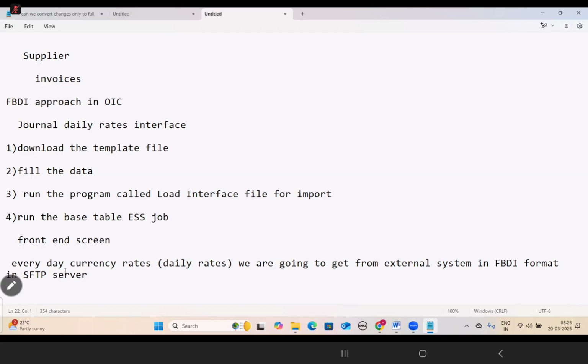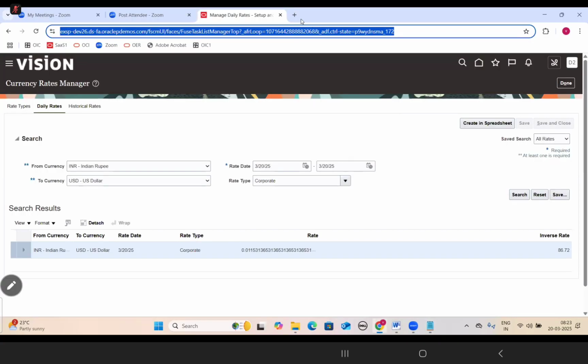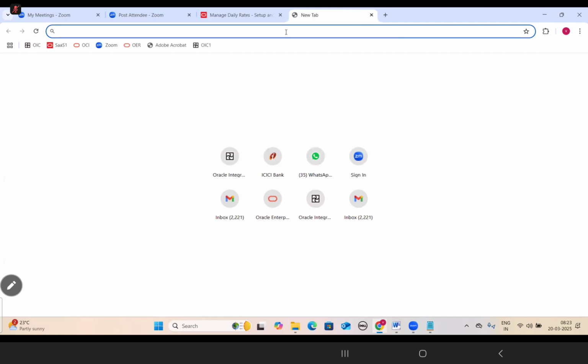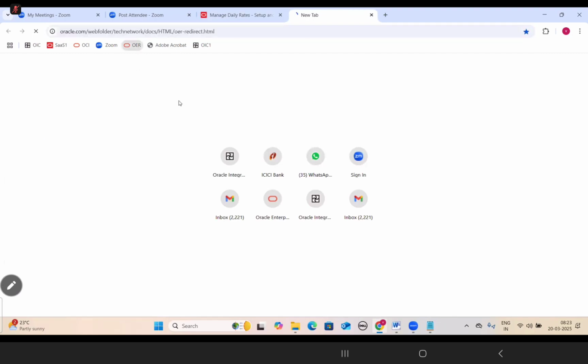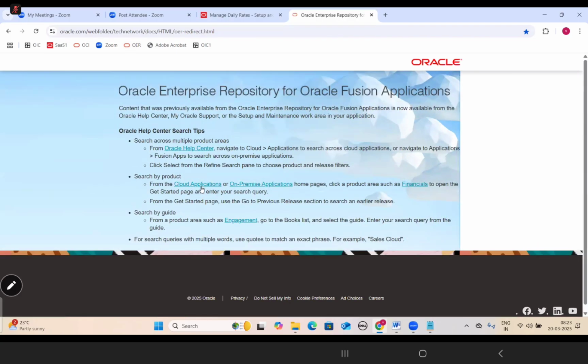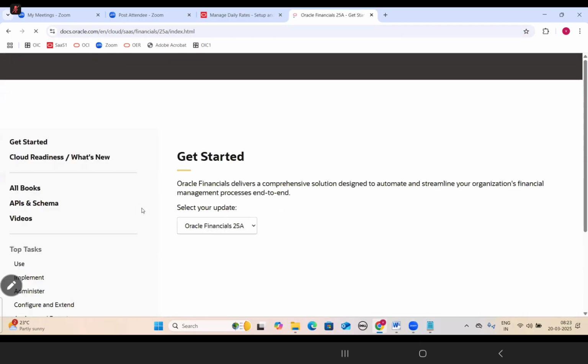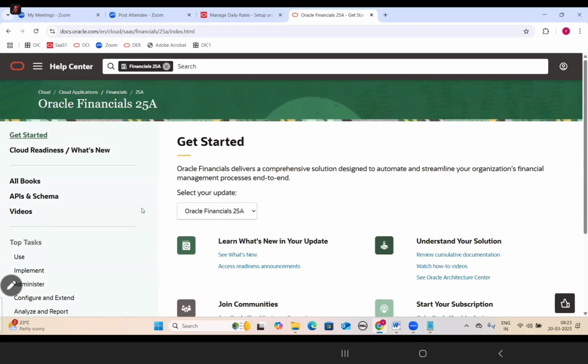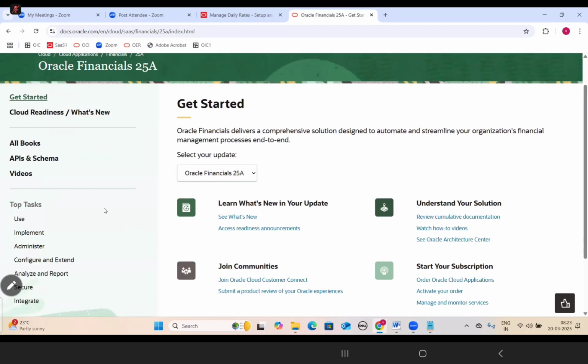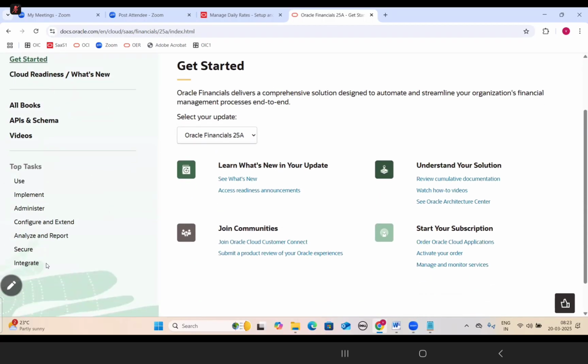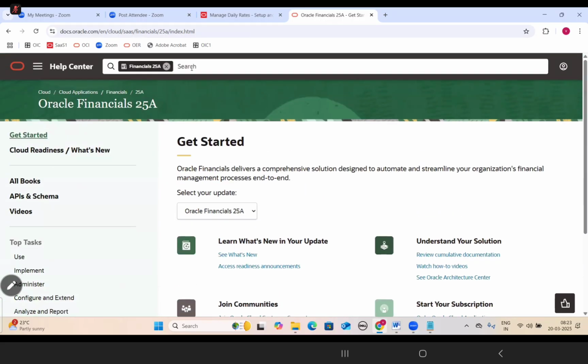Okay. So now the thing is, guys, first we will download the file. So where to download? Go to the Fusion apps over here. Load application. File based